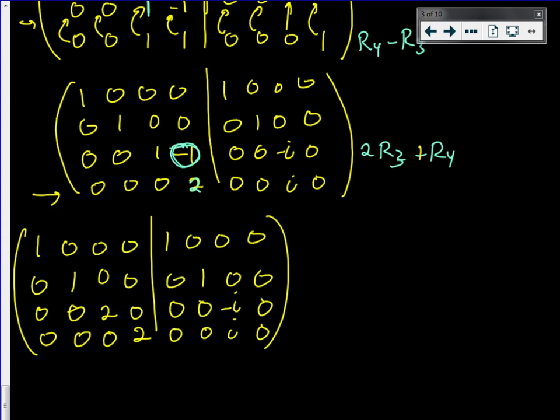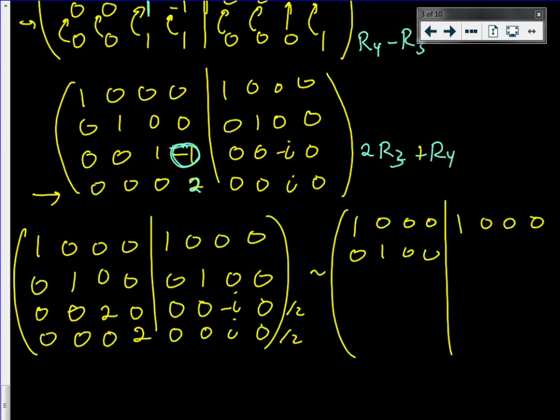Now I'm going to divide. Don't have a lot of space, so I'm just going to say row 3 over 2 and row 4 over 2. And what I get is row 1 doesn't change. Row 2 does not change. Row 3 changes a little bit. I get 0, 0, negative I over 2, 0. Row 4 changes a little bit. Get 1 here, 0, 0,